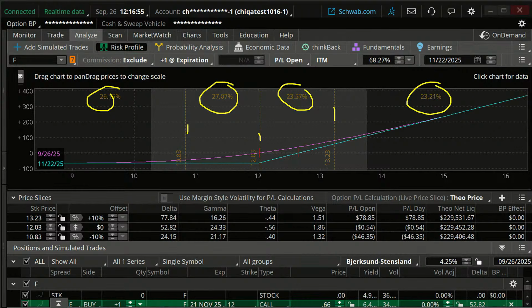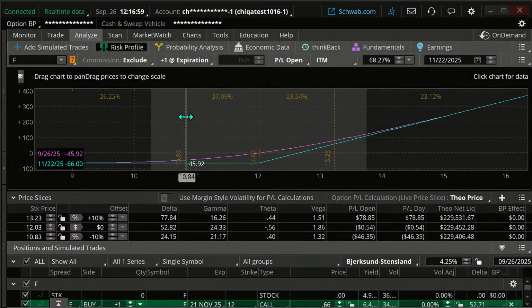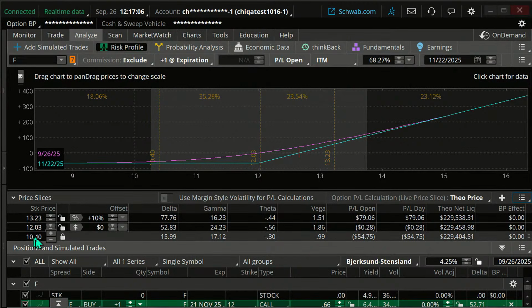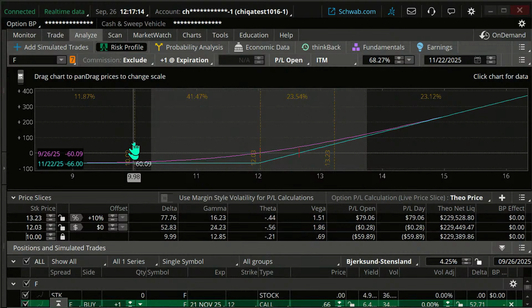You can see those. You can shift these around if you like. You can just click and drag if you want. But if you notice, as I drag this, it's changing the slices down here. You can just type in values right here. If I put in, say, $10 even down here, what's going to happen? The slice right here changes to $10 even. Okay? So that's probabilities.